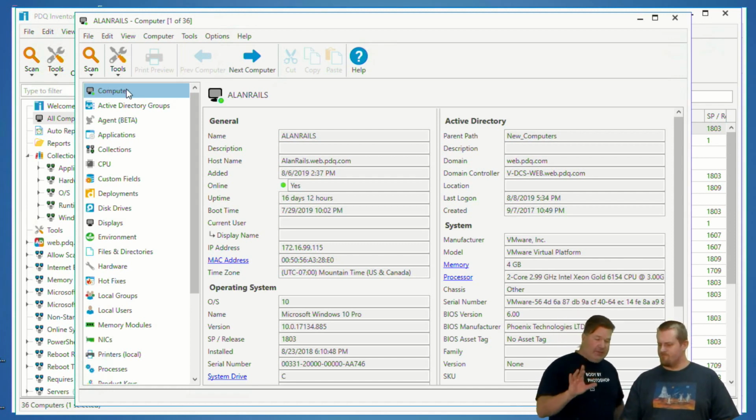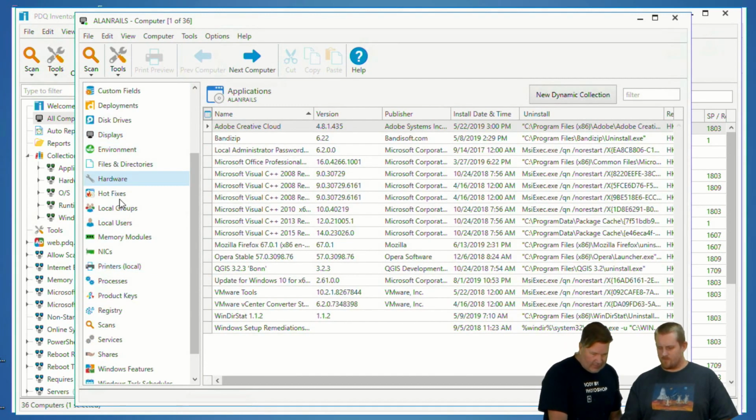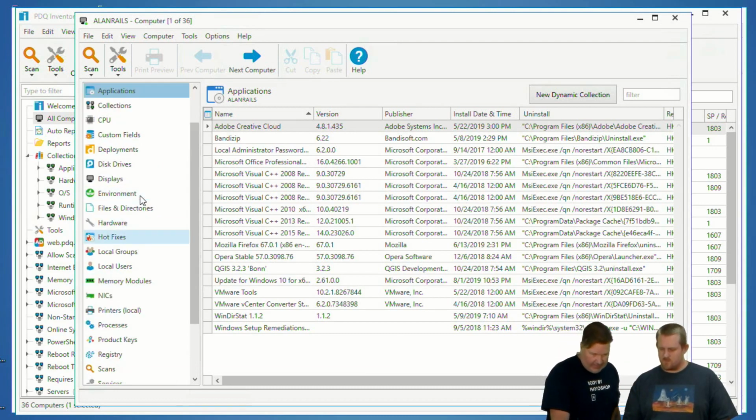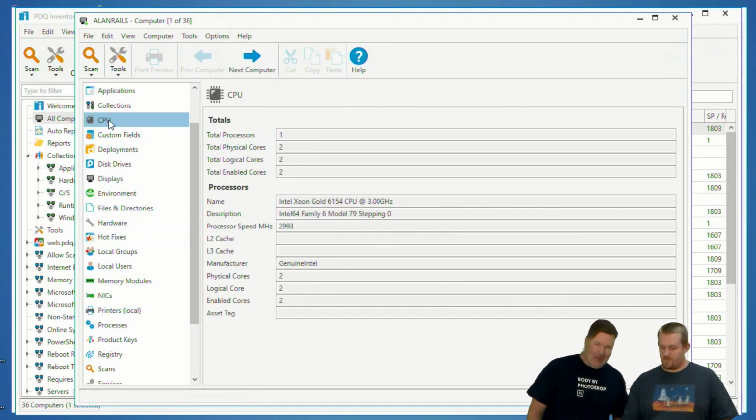Here's a quick tip: if you need something from the computer table, consider this like the table. This is where you find the data: application data, application table, and so on. CPUs, if you're looking for anybody with a CPU this or older, you go into, where's my CPUs? Oh, ABC CPU. So that's how I would